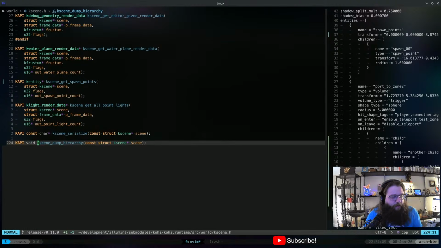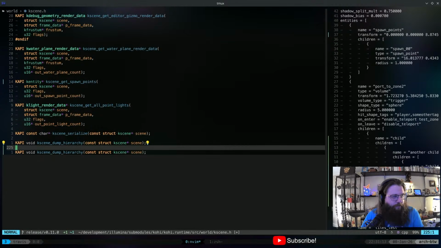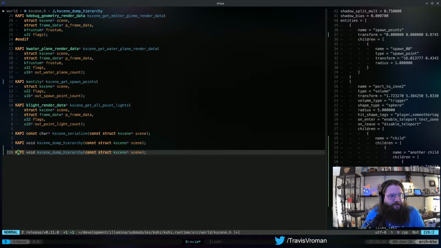So we actually need a way to represent this in a way that the editor can then pick apart and say what is a parent of what, and so forth. So what we actually need is a k-scene get hierarchy. And again, we're going to leave that const because we don't actually want to affect anything here.